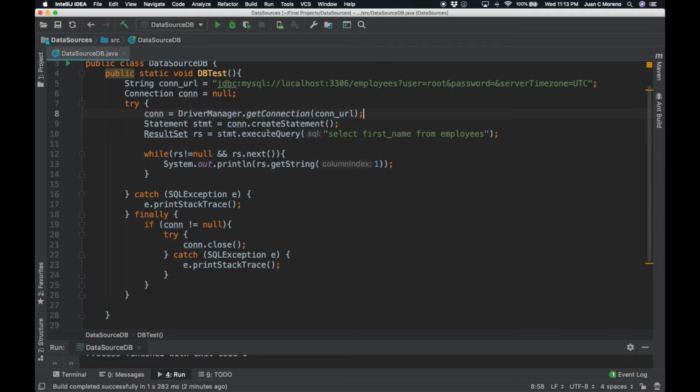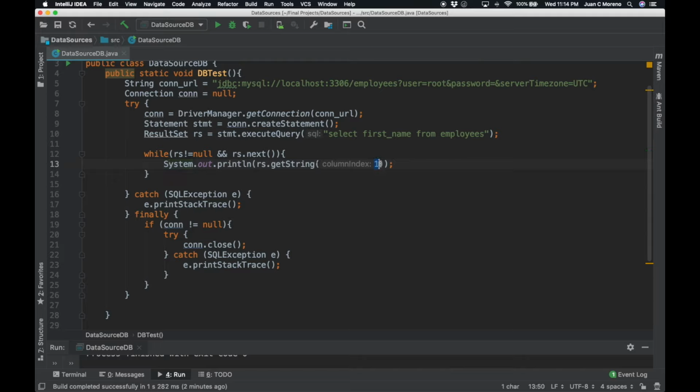And then we tell it execute query, where we put just our traditional SQL command, and then we get a result set. And while the result set is not null, that means that we actually got something, and we have values. While the result set has values, we're going to start printing the string that is on